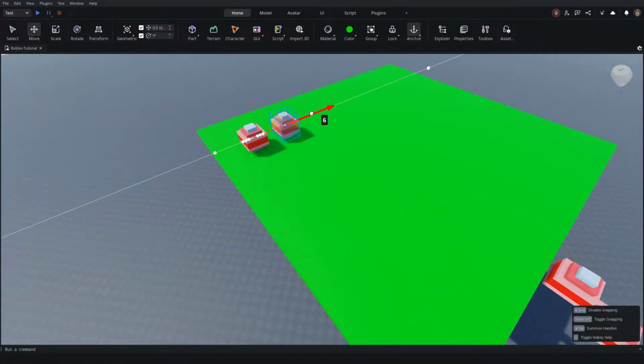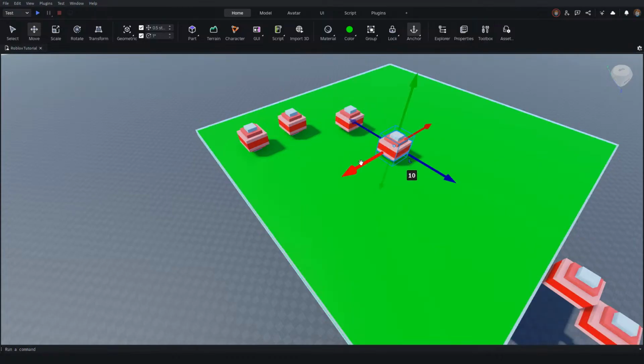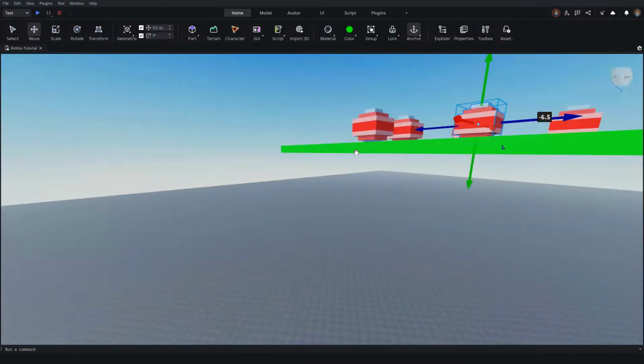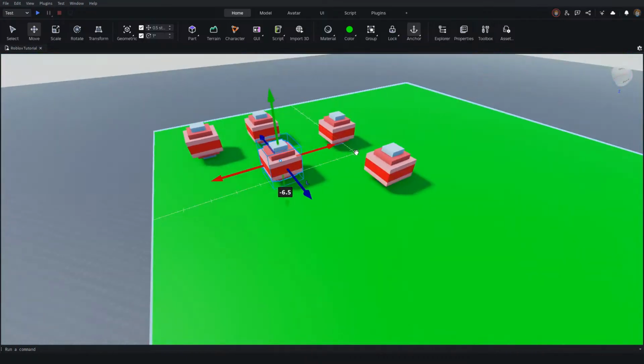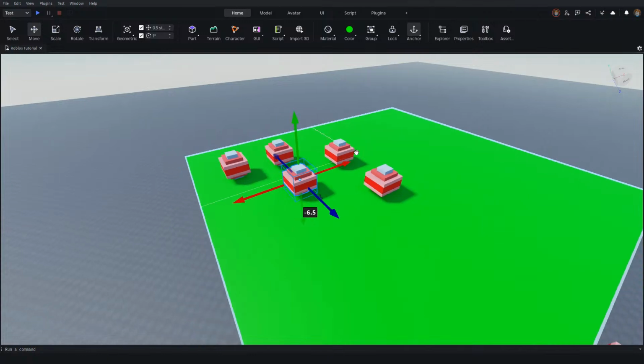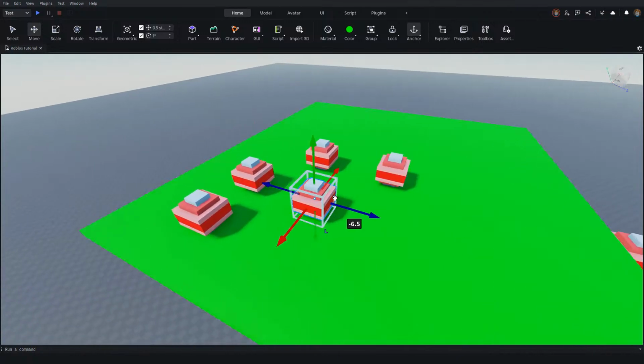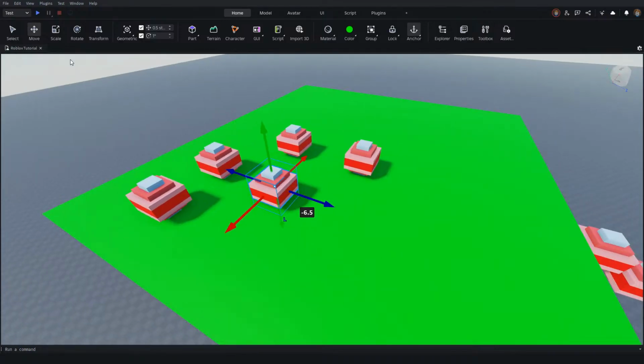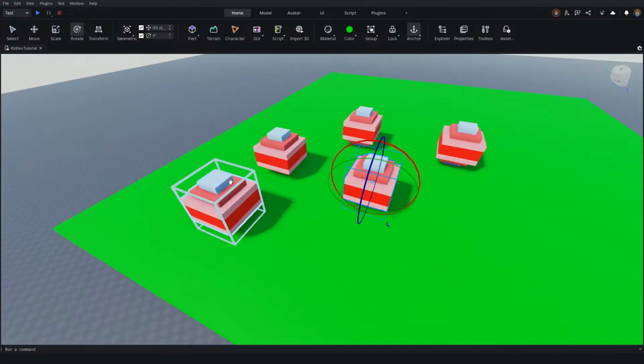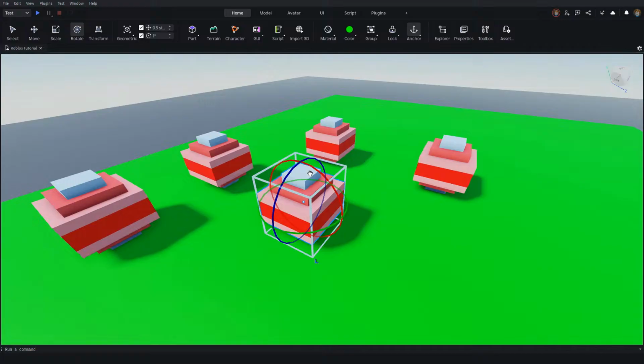So I'm going to duplicate, move this, duplicate, move this, duplicate, duplicate, duplicate. But as you can see, just duplicating and moving it around doesn't look so natural. So there's another thing that we can do to make it look even better, which is to use the rotate tool. Now, if you click on the rotate tool, what it basically gives you are these circles, this red circle